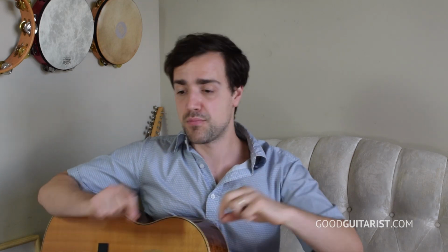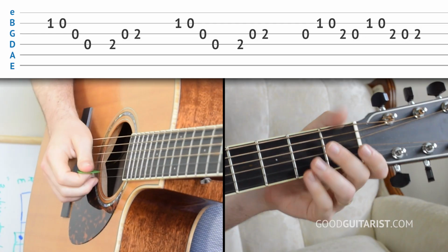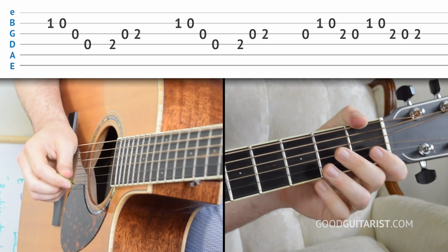So right now, practice it with me, doing the melody with me, and then just go to the part where I'm doing this. If you don't have a friend to play with to do the chords for you, I'll be your friend. I'll play the chords for you. Just go to the middle of this video. I'll have the time up where it is in the corner here. And you can try the melody on your own over me strumming through the chords. So here we go. 1 and 2 and 3 and 4 and...